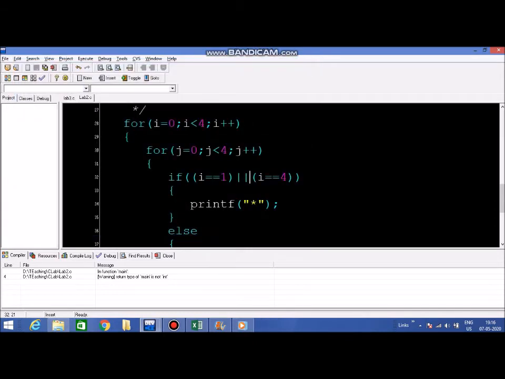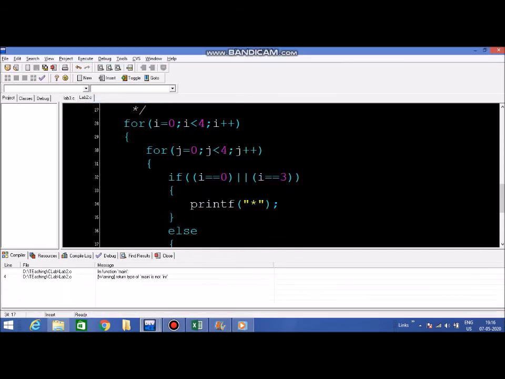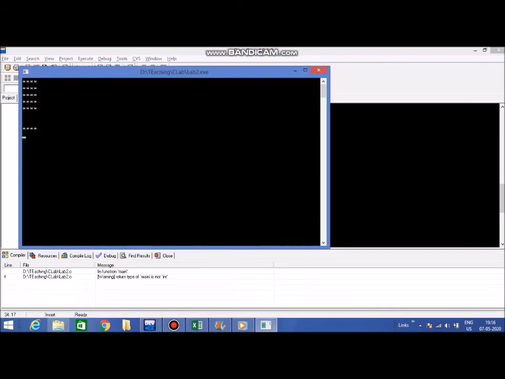It will be 0 and the last time it will be 3. So essentially our better technique would be to say when i is equal to 0 or when i is equal to 3, because that's the way we have looped it. We have looped it from 0 to 3 as our looping criteria. So let us check now. And we have got 2 lines. One line is here, another line is here.